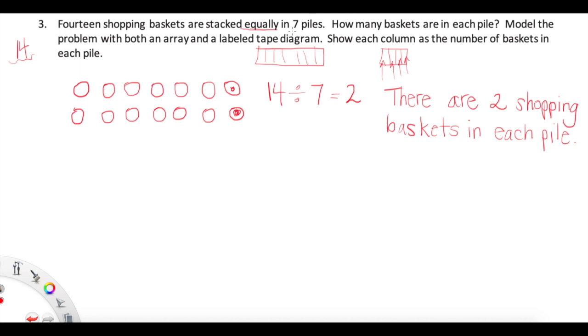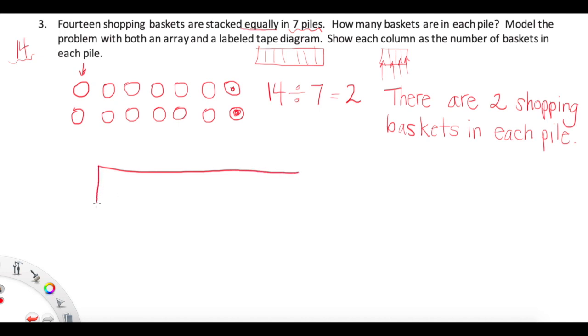Well, we were told that we need 7 piles. Let's just be very sure to make sure that we do have 7 piles. Each pile is shown in columns. 1, 2, 3, 4, 5, 6, 7. Beautiful. The last thing we need to do here, friends, is to show all of this information in a labeled